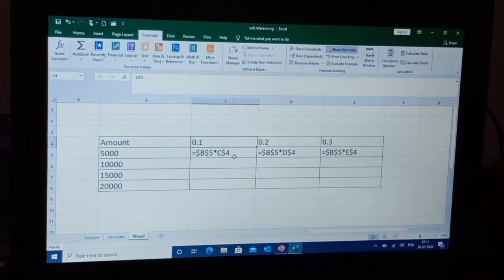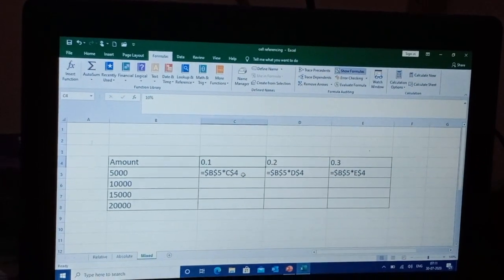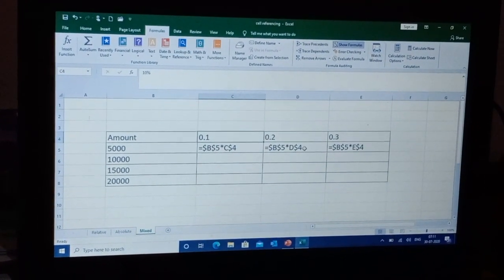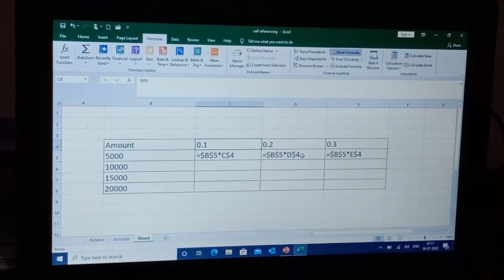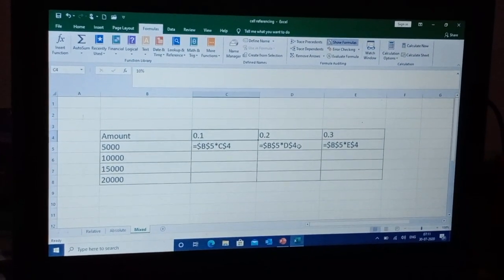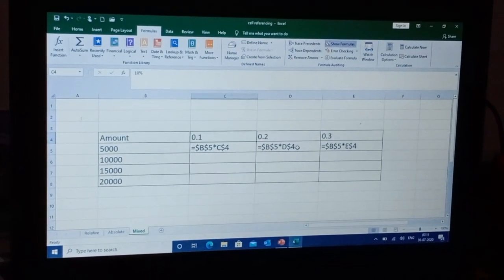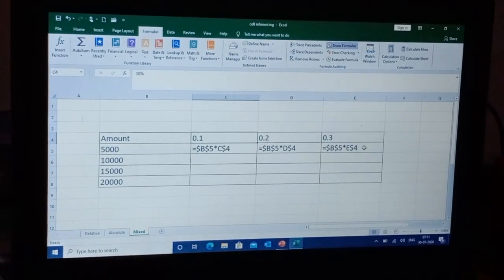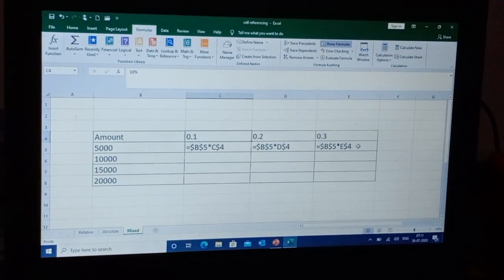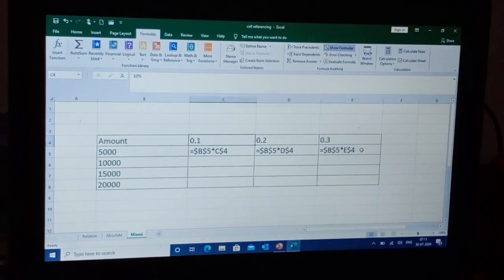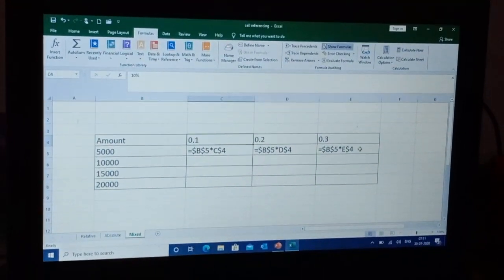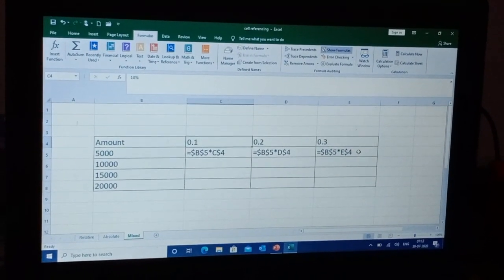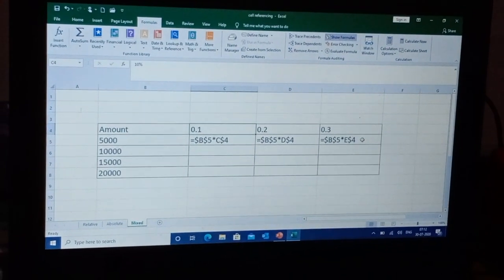So I used the formula C$4. You can see here D$4. 4 is what? The row number. Here also you can see E$4. So the thing which you want to keep fixed in each formula, you give with the dollar sign.